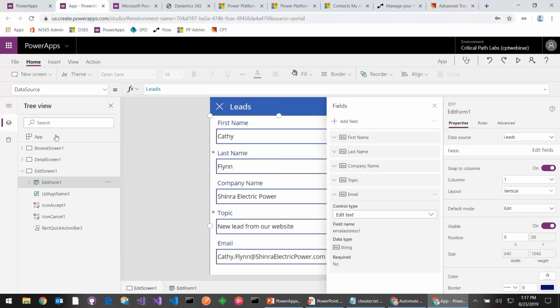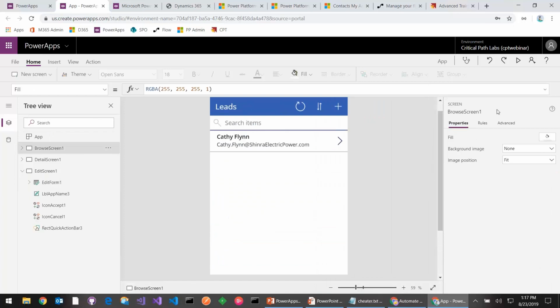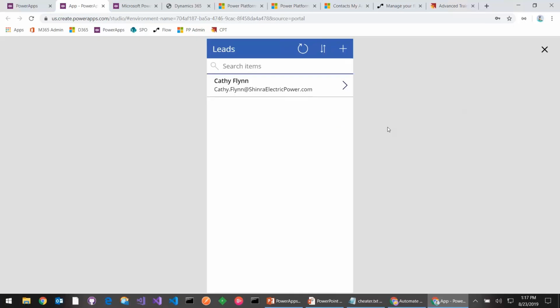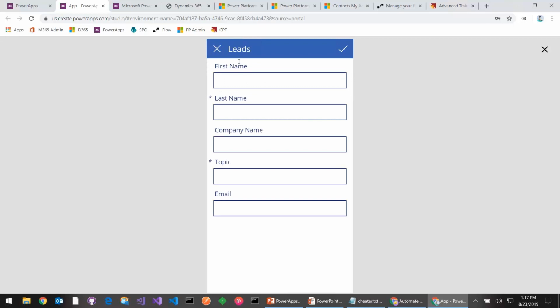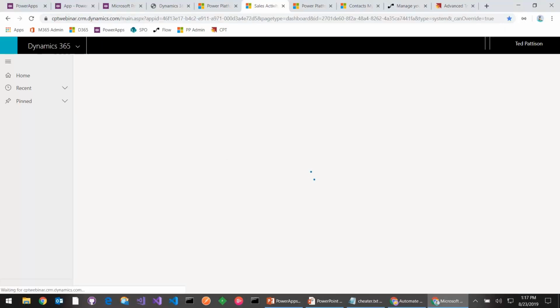Okay, so now with this app, this is something that I could publish. I could now share it with other people, and if they had the PowerApps mobile app installed, they'd be able to begin using this on their iPhone. Okay, so let's go ahead and add in